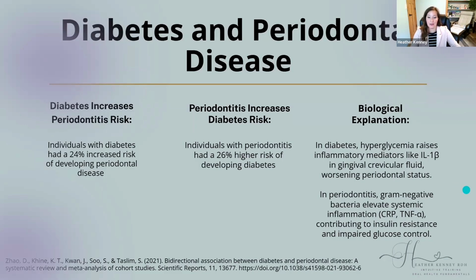And what happens in diabetes, we have a hyperglycemia situation and we have a rise in those interleukins in the crevicular fluid, which worsens the periodontal status. And then periodontitis excites CRP and tumor necrosis factor alpha, which then contributes to more insulin resistance and impaired glucose control. So keep that in mind when you start looking at your patients and start diving into their health history. I know sometimes we get so busy, but start thinking about the health history and how that's impacting their disease